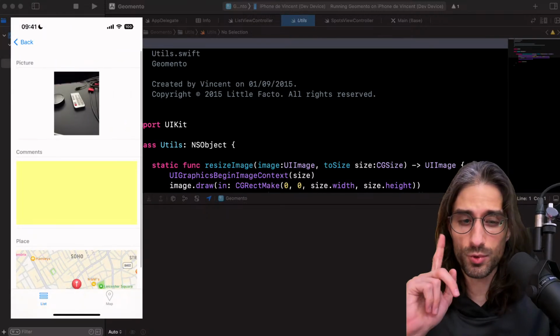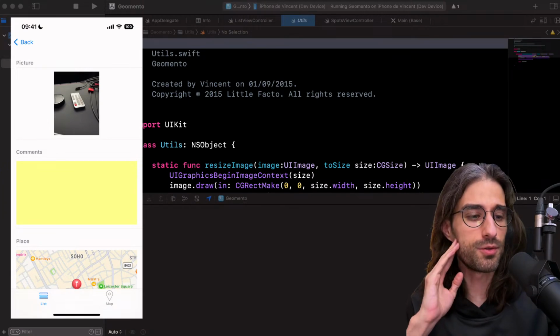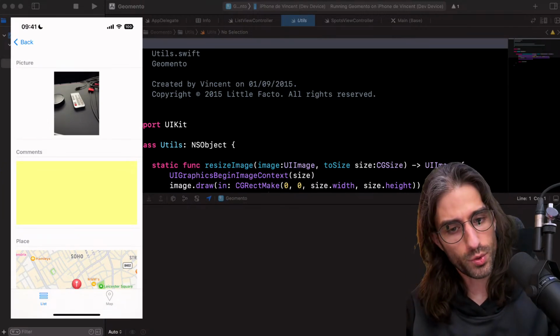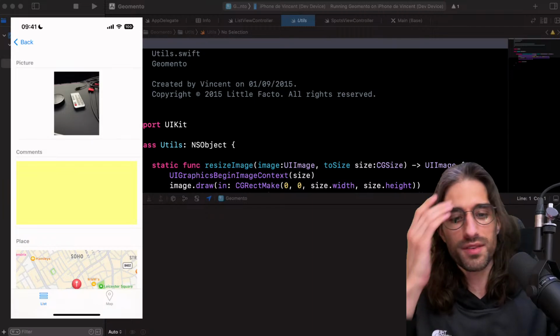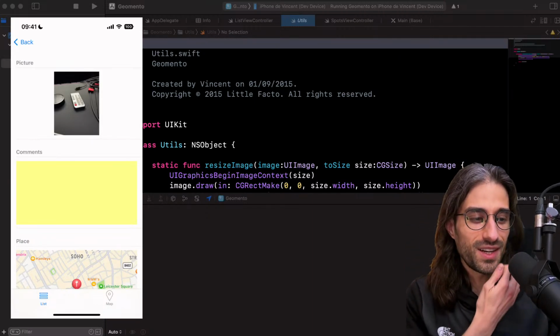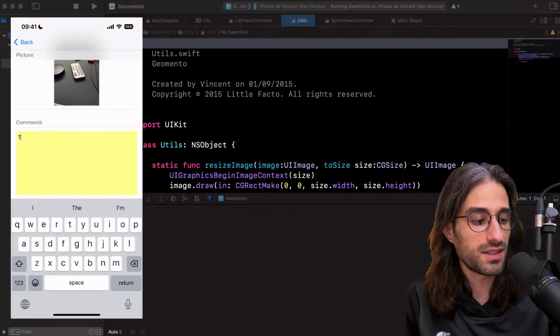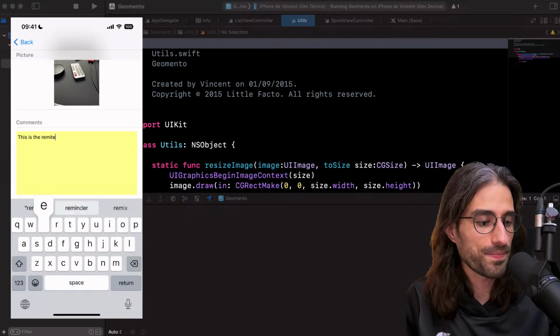When you click, this time you do have a detail view and you have the picture. You cannot see it in full screen, but you have the picture. You have what looks like a post-it to be able to write some comment, like this is the remote for my lights. So like that.